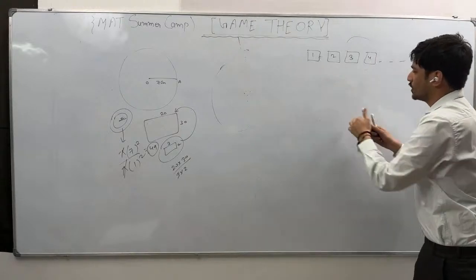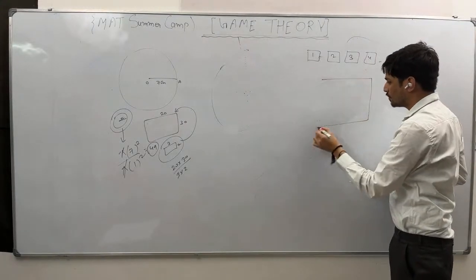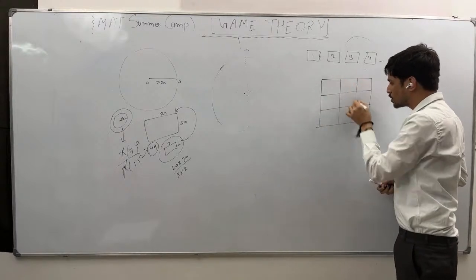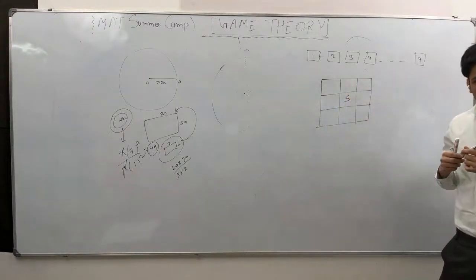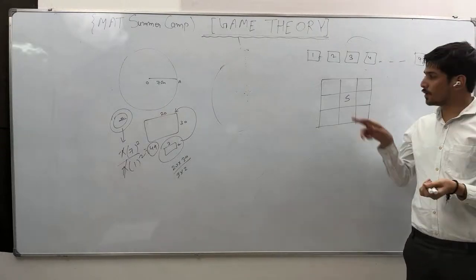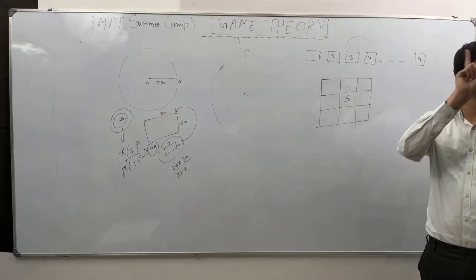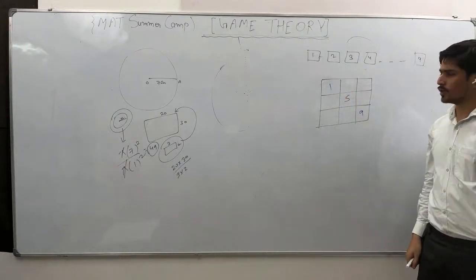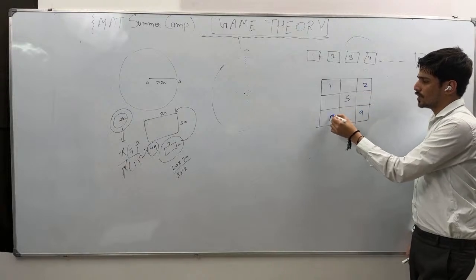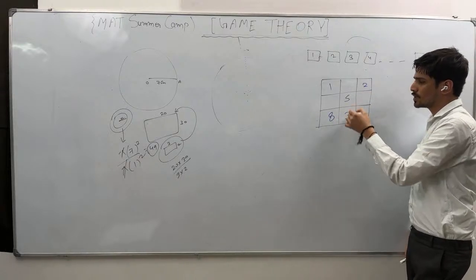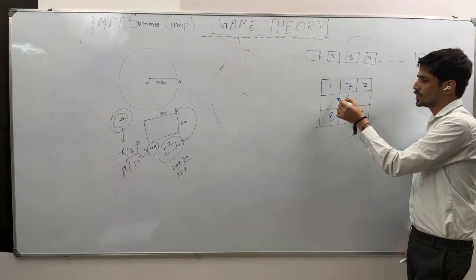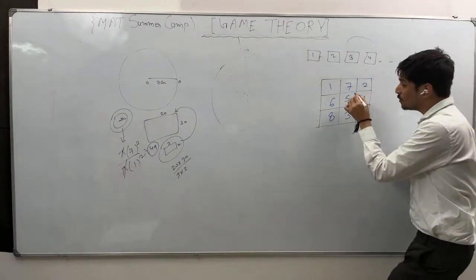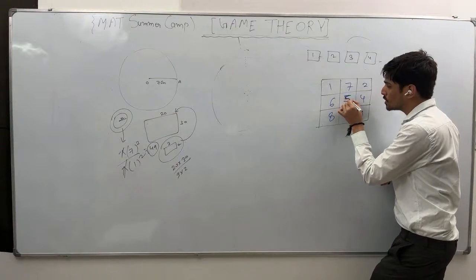You see, what is actually happening here? You draw this 3 cross 3 grid, and first of all you put 5 here. Now what I need is 15. If I put 5 here, now I need two numbers such that their sum is 10. So can I say 1, then 9, 15; then 2 plus 5 is 7, and 8. Then if I'm putting 3, 3 plus 5 is 8, 7, then 6 plus 5 is 11. So now the question is, whatever number you pick, there is always a combination of 3.